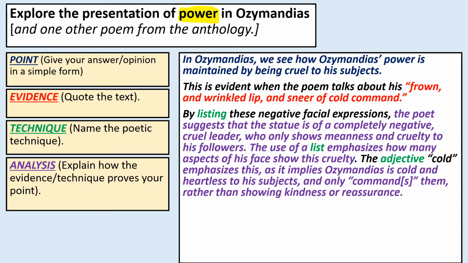So like I said in the second video about Ozymandias, that idea of a list is really useful because it just adds emphasis. If I want someone to do something and I give them a list of reasons, so you should do your homework because it improves your grades, because it makes you more dedicated, it emphasizes it and shows how many reasons there are. And here we've got a list of negative expressions. There's so many of them that that's all he is. He's just all negative expressions.